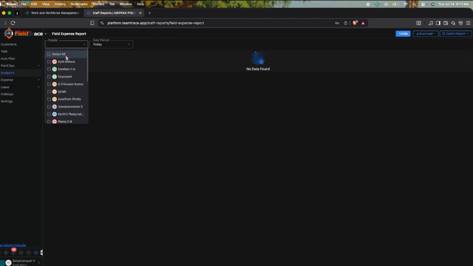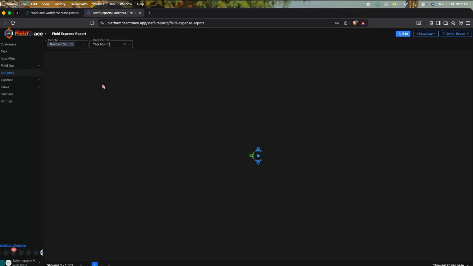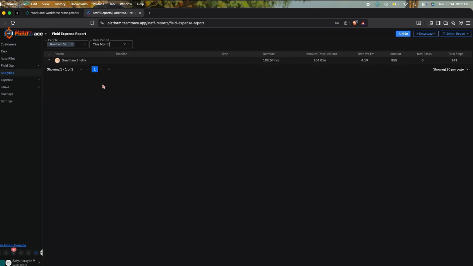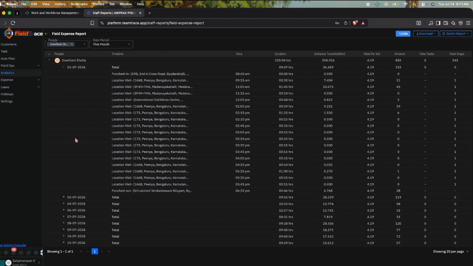If you go into the field expense report, you will be able to see their daily working hours, how many kilometers they have traveled. Let's suppose I pull out Gotham Shetty's report, this month's report. If I click on this particular report, you will be able to see how many kilometers they have traveled, how much time they have spent on the field, how much amount needs to be reimbursed this month. You can see each and every day's breakdown over there. Okay,